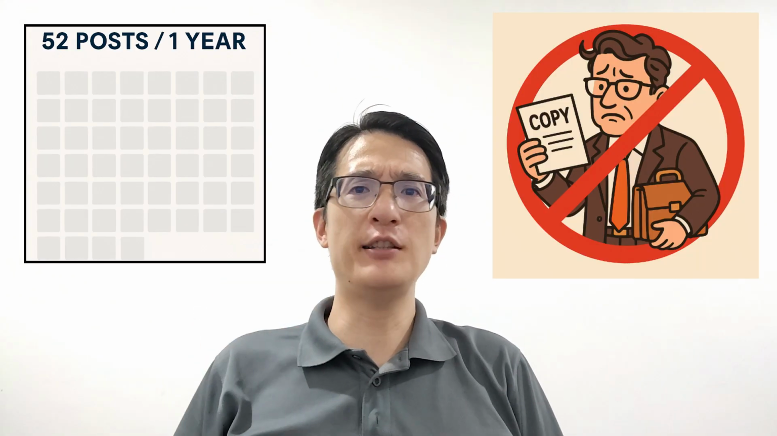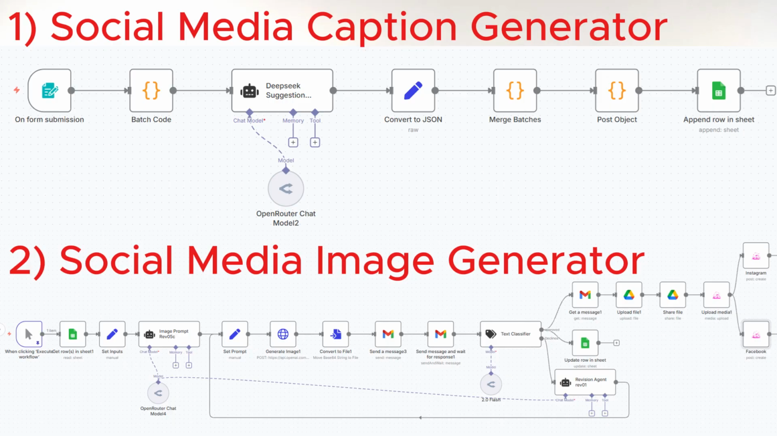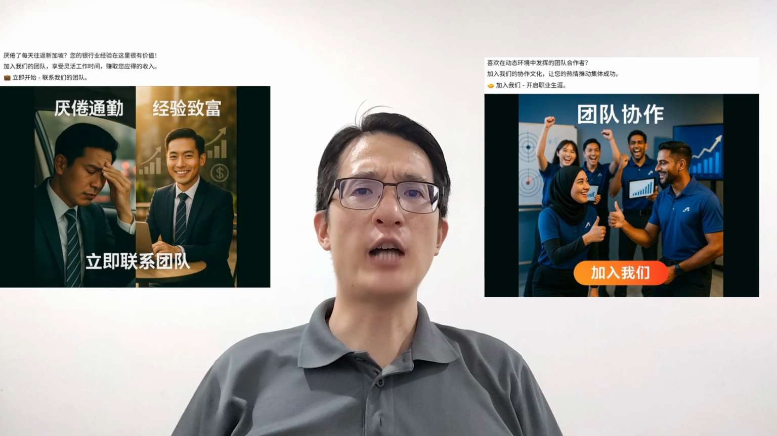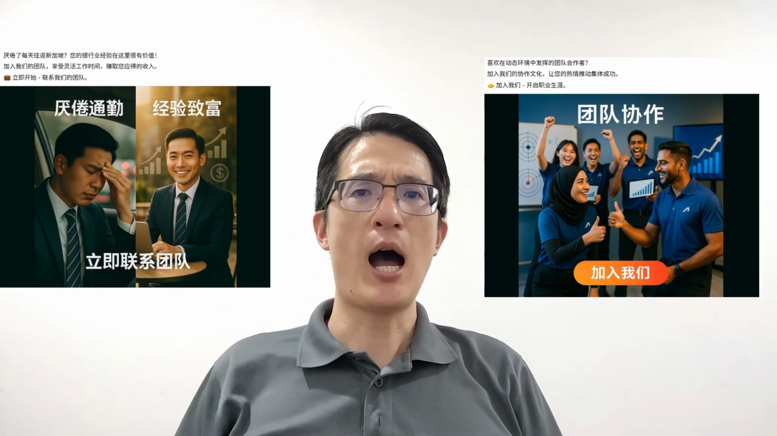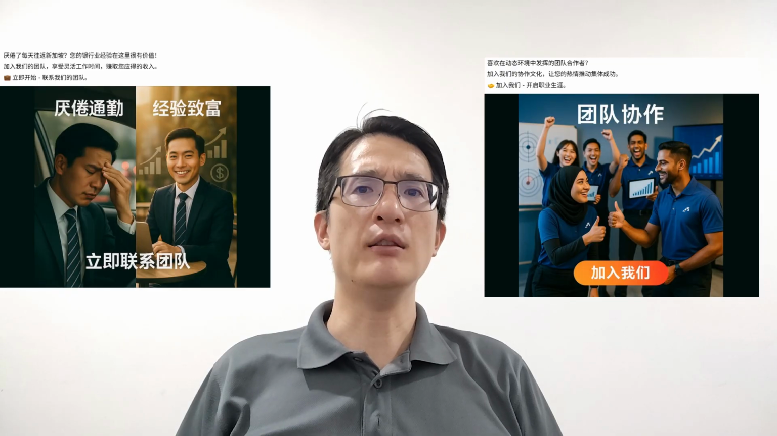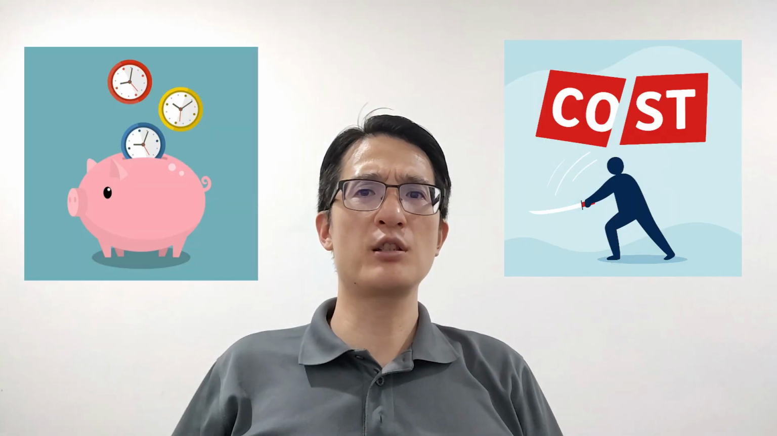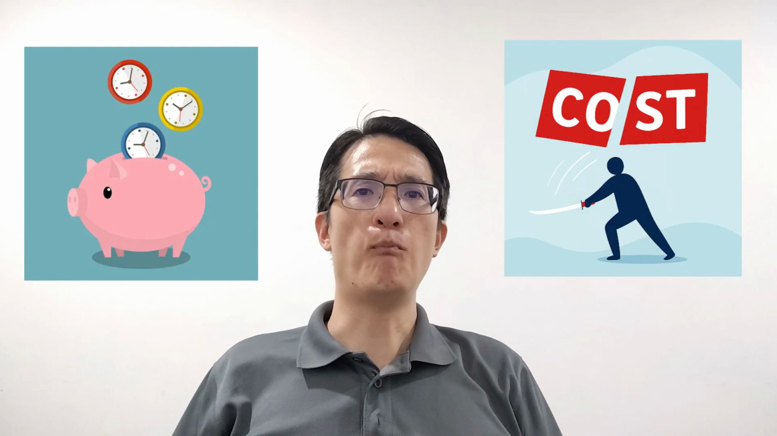What if you could plan an entire year of recruitment content without hiring a designer or copywriter? I built a two-stage automation that creates 52 social media posts, complete with Chinese captions and AI-generated visuals, designed to attract high-performing financial advisors and insurance agents. This system doesn't just save time, it can cut content production costs by up to 80% compared to outsourcing monthly